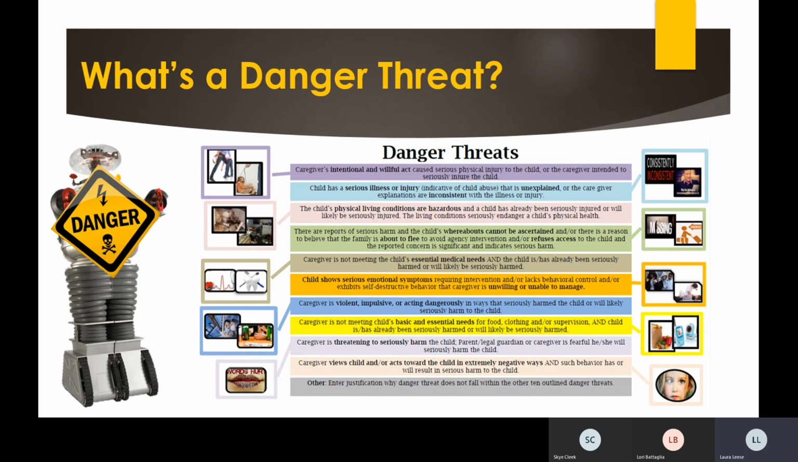Now, I can tell you that frequently you will see the caregiver is violent, impulsive, or acting dangerously in ways that seriously harmed the child or will likely seriously harm the child. That is the danger threat that's slightly more than halfway down on the screen in front of you in the blue color. That one is frequently used when there's the danger threat of domestic violence, substance use, and or persons acting in impulsive ways. We do also see quite frequently that the caregiver is not meeting the child's basic and essential needs, but